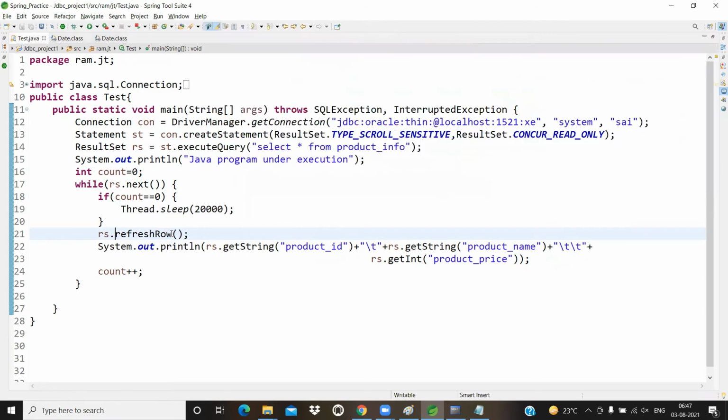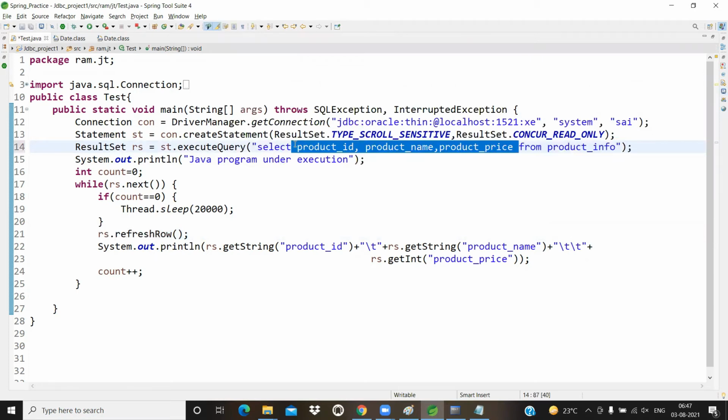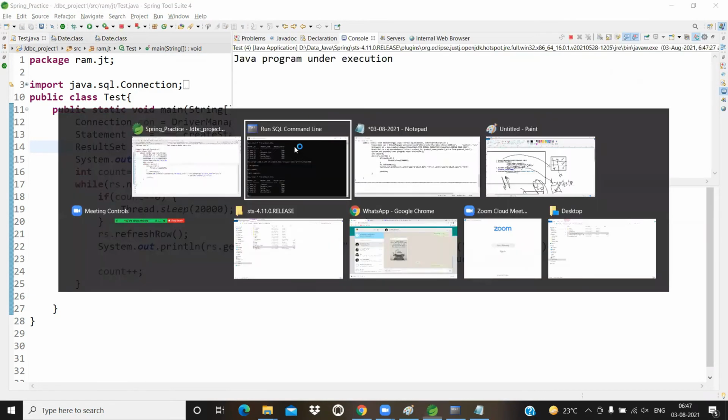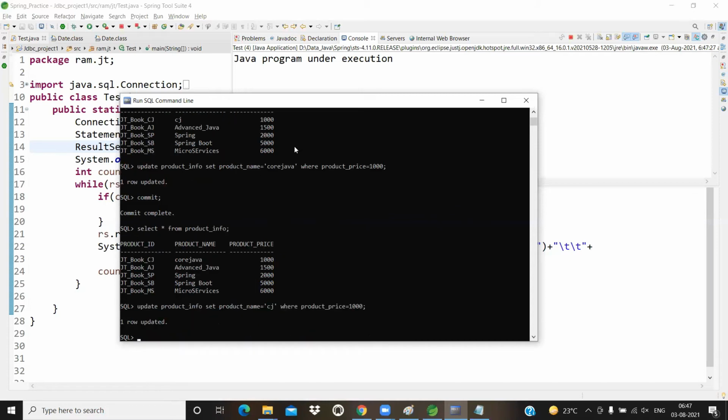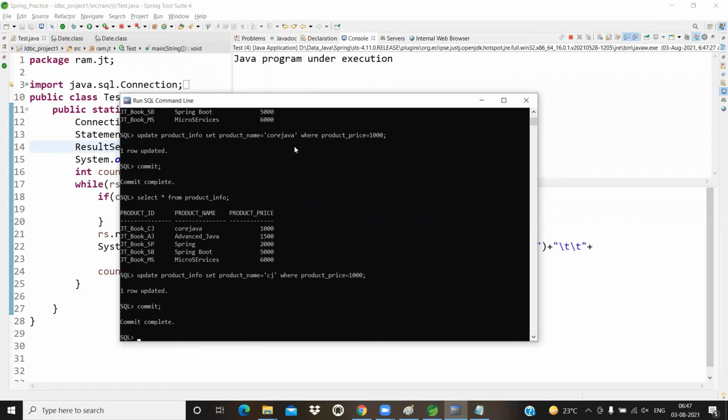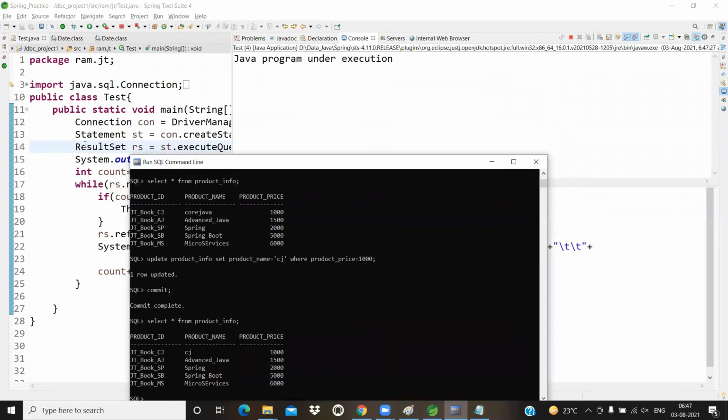Whenever we use refresh row, don't use the asterisk symbol here. We have to use column names individually. Now I've written CJ, now core Java to CJ. Yes, updated. Now is that CJ coming here or not?